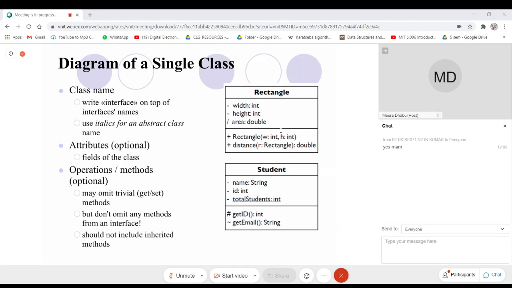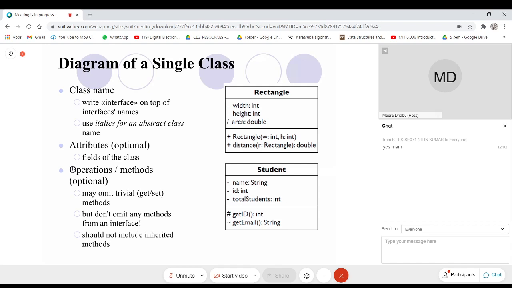If you look at the diagram, all of you will realize that the rectangle is divided into three parts. The first part will contain the name of that class. The second part contains all the fields along with the access specifier and type.